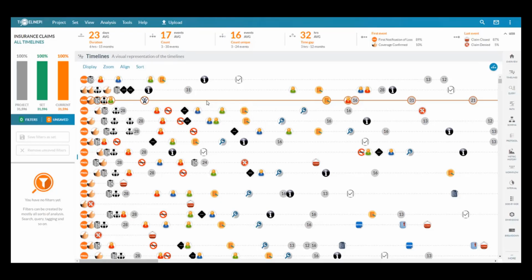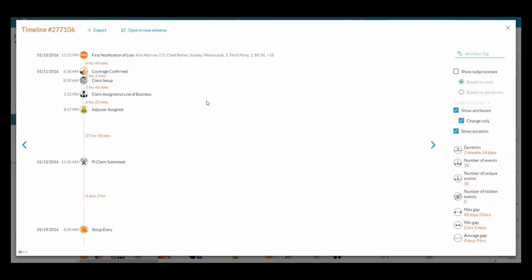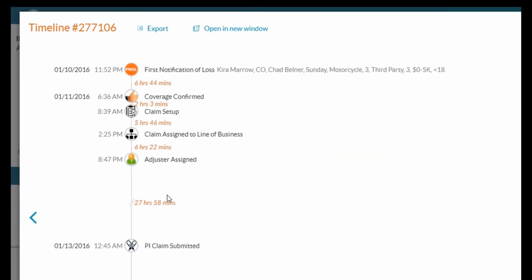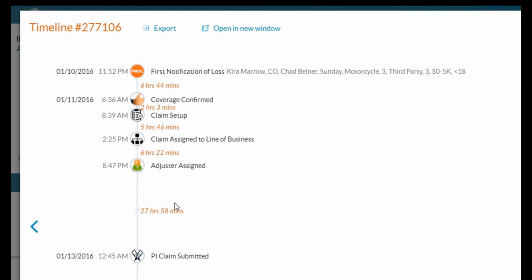By clicking on any one of these gives me much more detail as to what's happened with this specific claim, in what order and at what time, along with those time gaps. So this screen is showing me details specific to timeline or claim number X. Now the column is showing me the superset of all the events which have occurred as a part of this